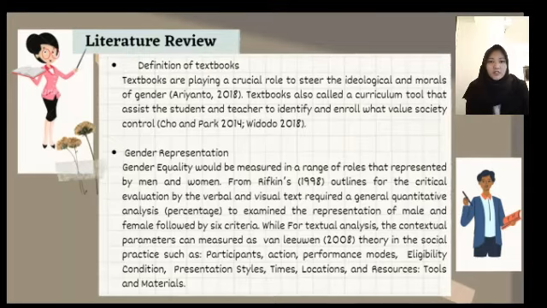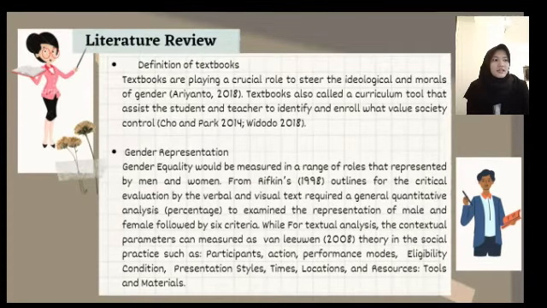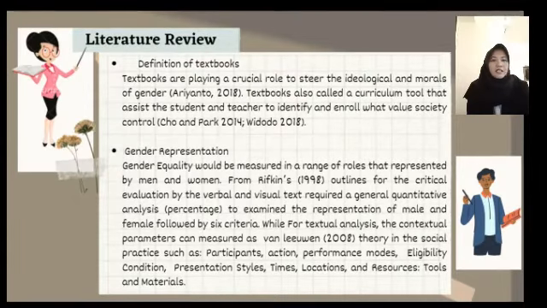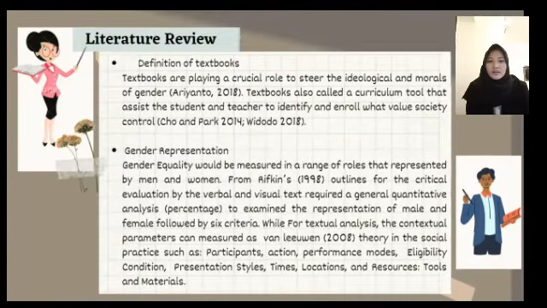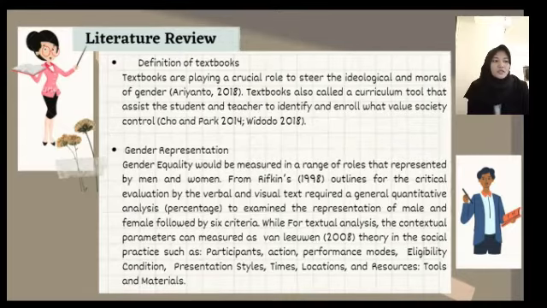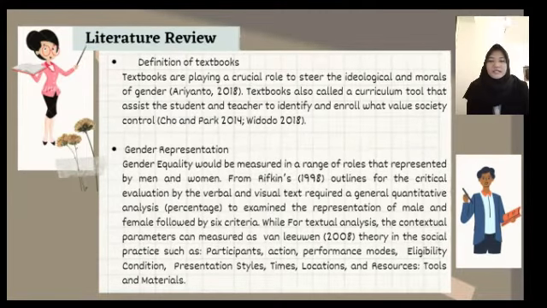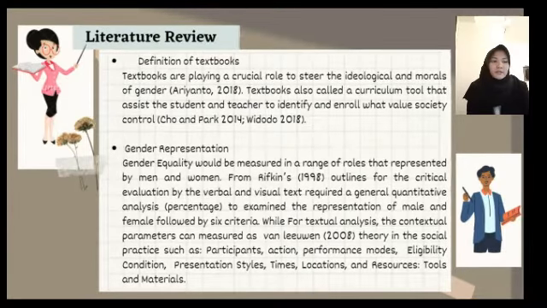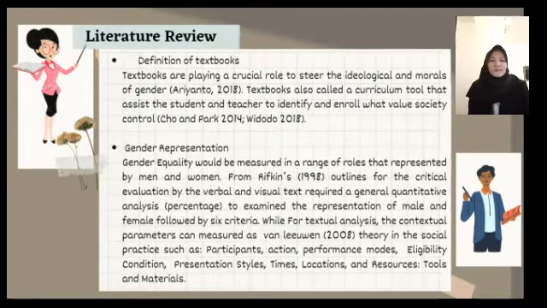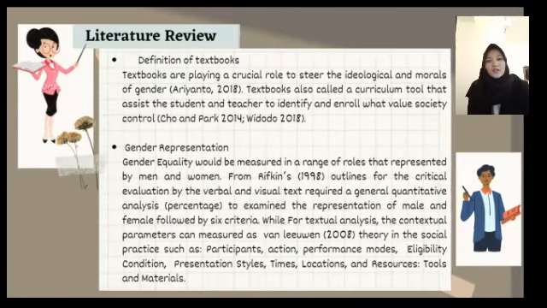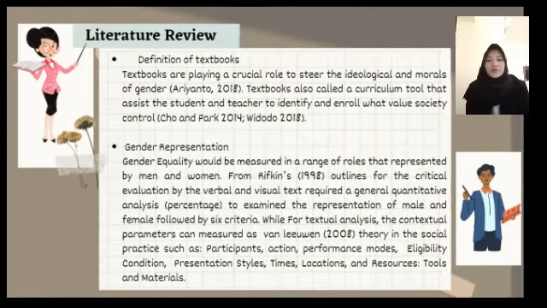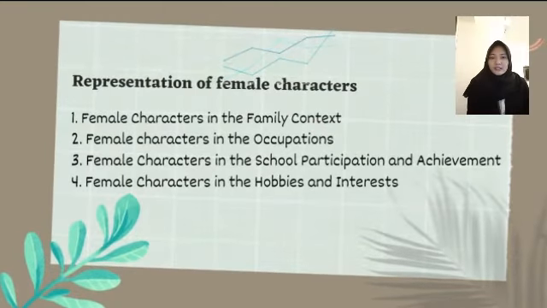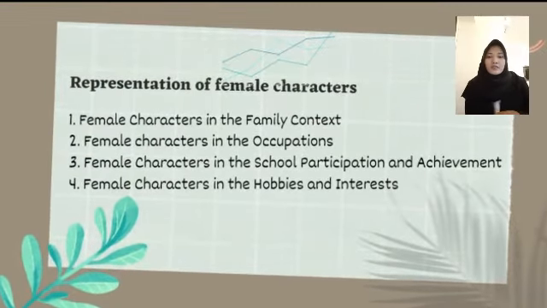For textual analysis of gender representation, the parameter can be measured with Van Leeuwen's theory, 2008, in the social practice such as participant, action, performance moods, eligibility condition, presentation style, times, location, and resource, tools, and materials. The representation of female characters in this research has four